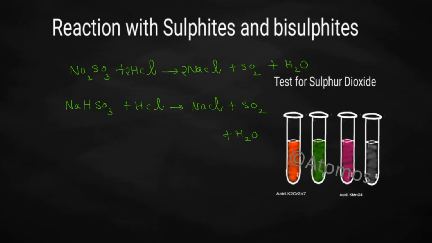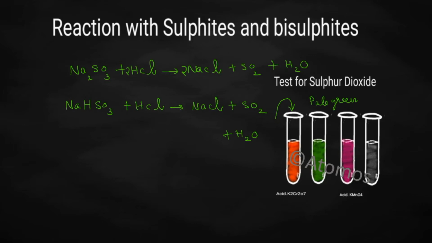So in this case also, in order to confirm the gas evolved as sulfur dioxide, you will have to write one test. We already learned that in the analytical chemistry chapter. How can you confirm the presence of sulfur dioxide gas? Pass it through acidified potassium dichromate solution. What will be the color of acidified potassium dichromate solution? It will be orange in color, right? If you are passing sulfur dioxide gas through that, the solution will be turning pale green. So that will be the observation of the reaction.